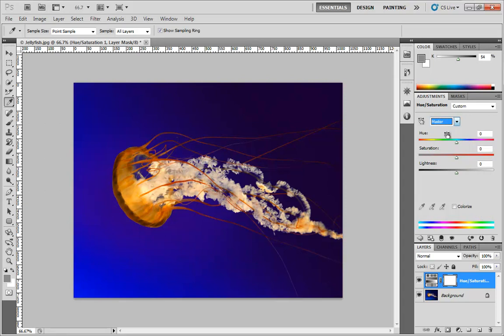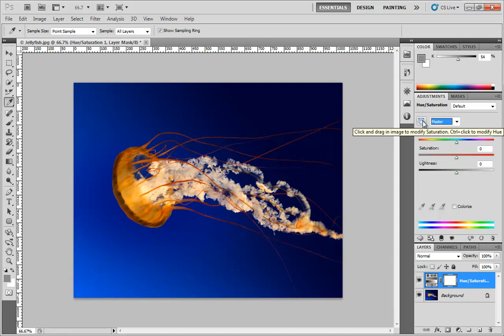Now, if we don't want to have to choose a specific color from the list, another very cool thing we have is the ability to do this right inside the image. We can click and drag to change the saturation of any given color, or we can control drag, and that's because I'm on Windows, I believe, well, it should still be the control key on a Mac, to change the